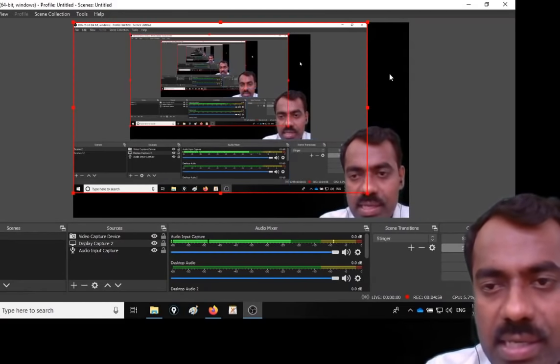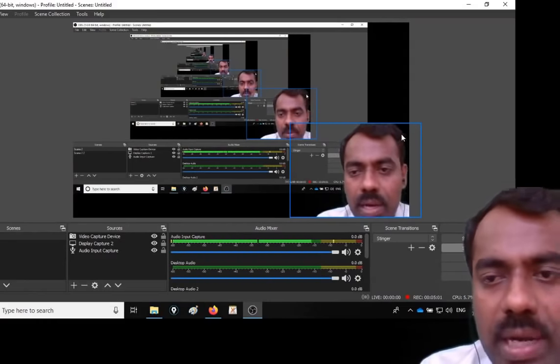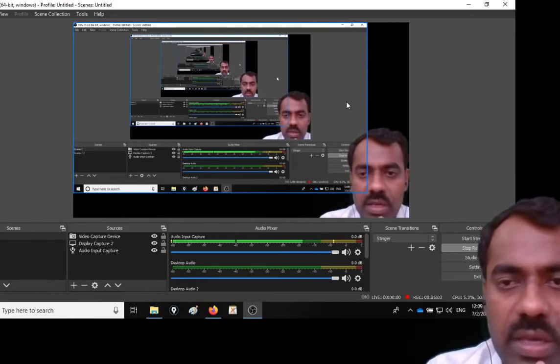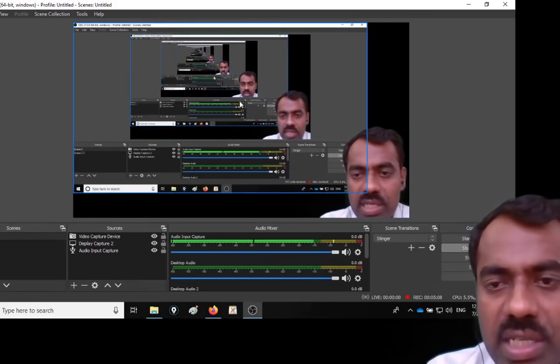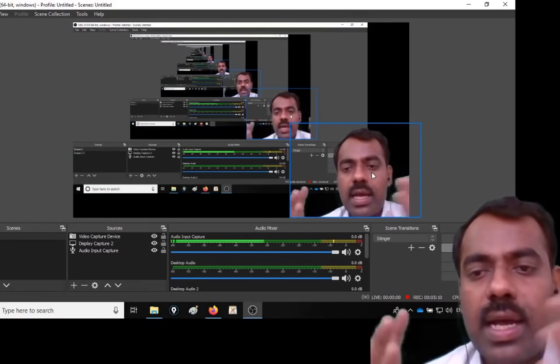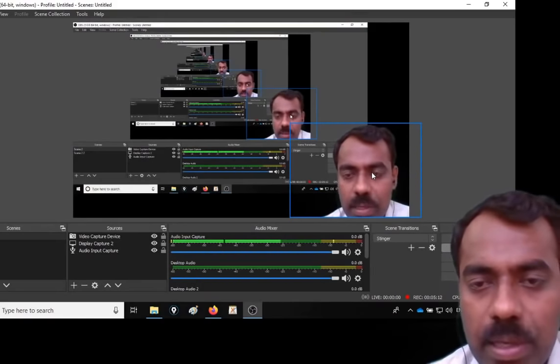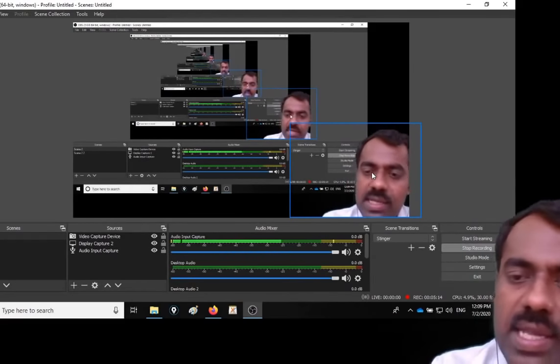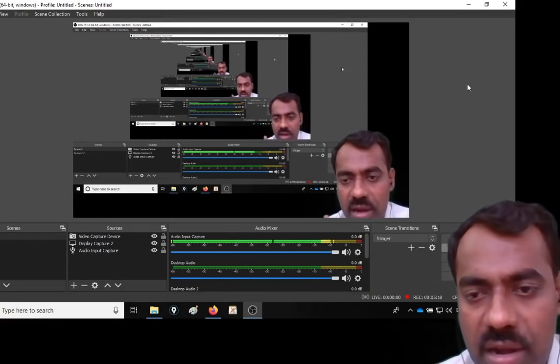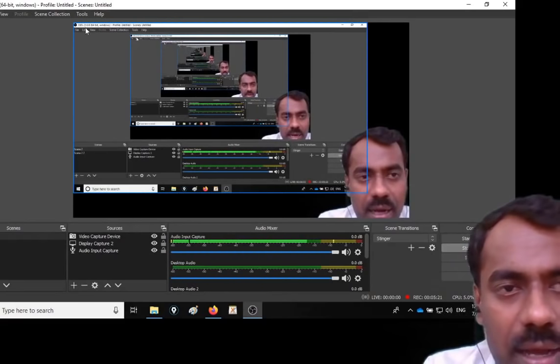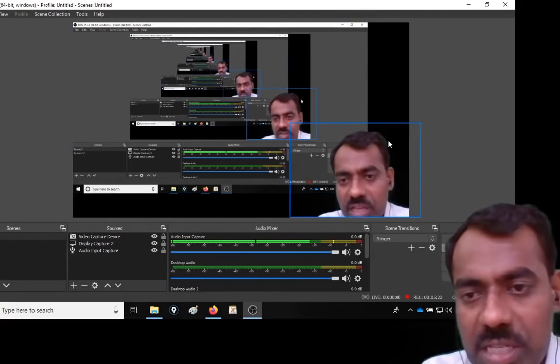But just remember that when you add them, you should adjust these screens in such a way that they don't overlap one on the other, right? If you pull this to complete, then your face may not be visible. So adjust your screens so that everything is properly visible. If you set these settings, then you are ready to start your lecture. Whatever you are recording will be displayed on this part and your face will be here.